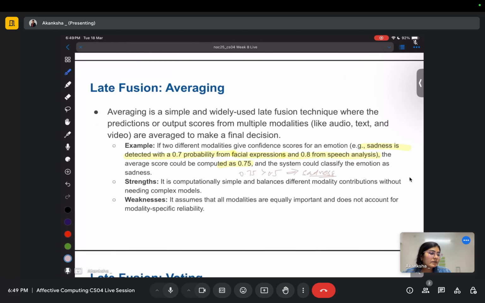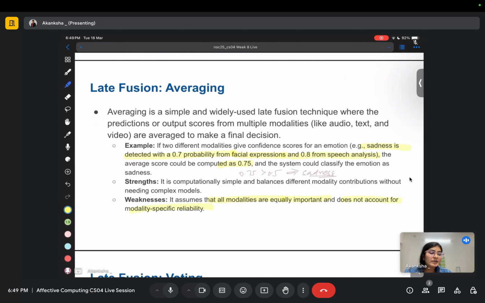Similarly, it is a very simple technique, right? It is very simple and it balances out. If one modality is telling you something and the other is also providing some information, you take some information from both and average it. The weakness is that it tells you that all the modalities are equally important, and it does not account